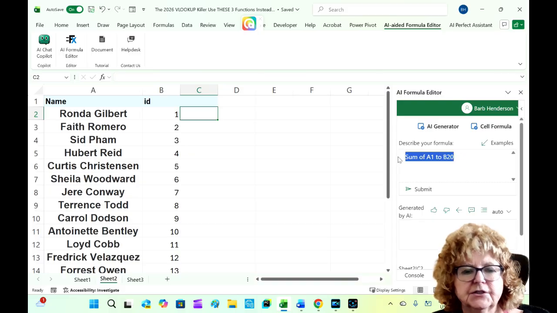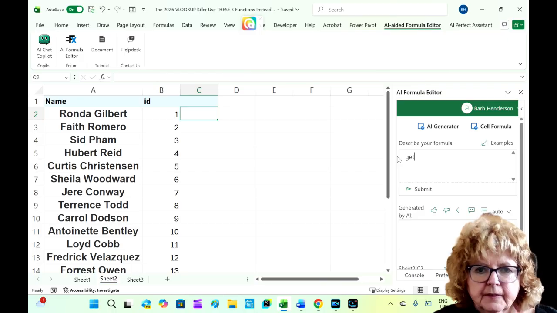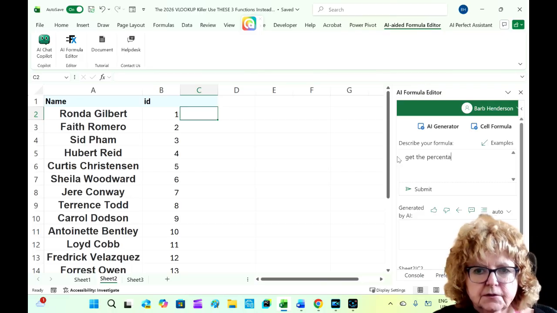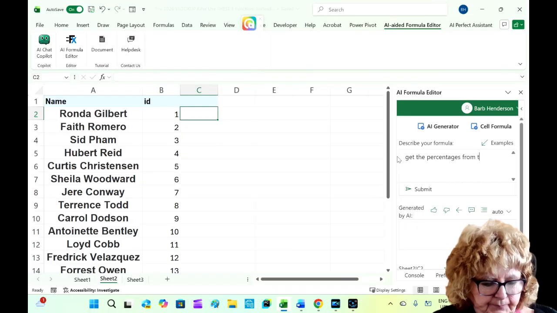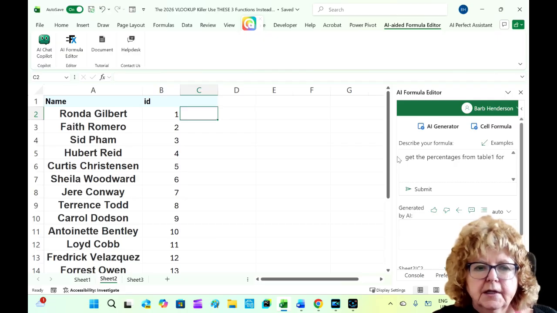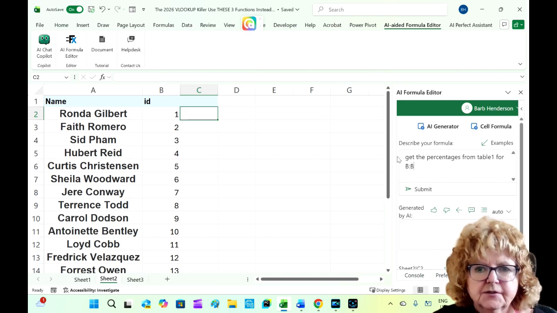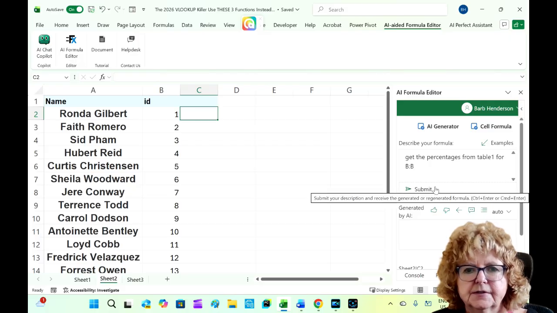So what I would like it to do is I would like to get the percentages from table 1 for, and then I'm going to go, it's the B column, so I'm going to go B colon B, so anything in B you're going to get the percentages for. And then I'm going to go submit,